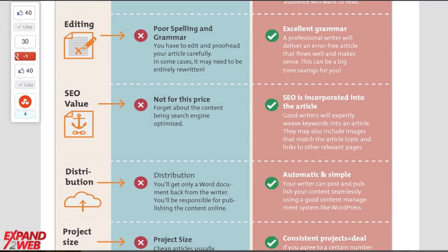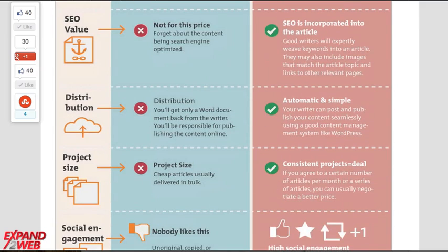Good copywriters will also ask you what kind of keywords you care about for this article, and they'll weave those in a way that makes sense and doesn't make the article overbearing, that doesn't stuff it with keywords. The other thing they'll do is make it easy to scan, because we know that people don't read all the text in your article. They scan around. They're looking for headlines and bold text and images, so that they can scan for something that catches their attention, and then they'll read that section. But they're not reading your article from top to bottom.